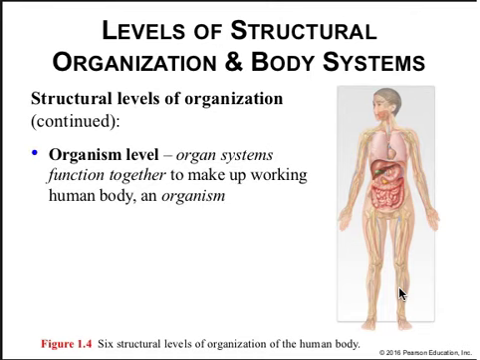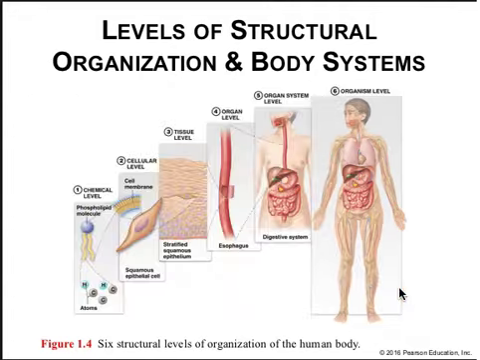The organism level is essentially all the organ systems working together to make the entire functioning animal, in this case human. And these are the levels of organization, right? The chemical level, and I would say we go here from atoms to molecules to macromolecules at the chemical level. The cellular level, where macromolecules are assembled in an organized fashion to produce the smallest unit of living matter, the cell,